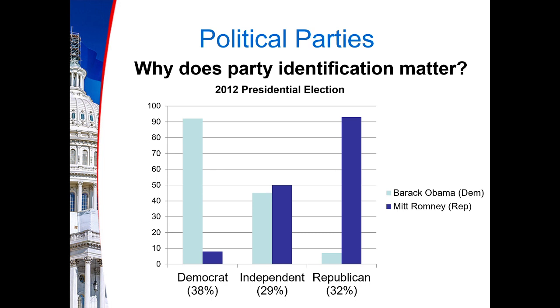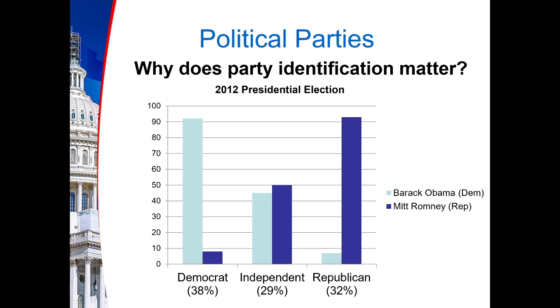In this case, even though Mitt Romney, the Republican, won the independent votes, he lost the presidential election but won the independent vote. The reason why he lost the presidential election, though, is notice the gap between the percentage of people who voted more were Democrats. So of the percentage of people who came out to vote, 38% were Democrats, 32% Republicans. That means that the Democrats had a 6% advantage on the people who came out to vote in the election. So even though Mitt Romney had a higher percentage of independent voters vote for him, he lost the presidential election because there was a higher number of Democrats that showed up.